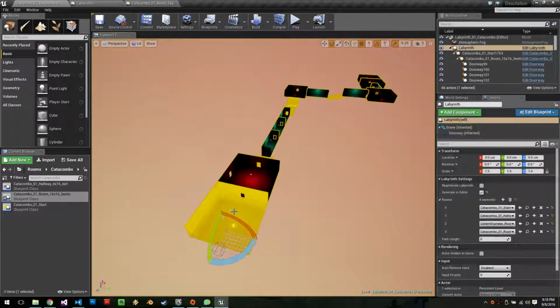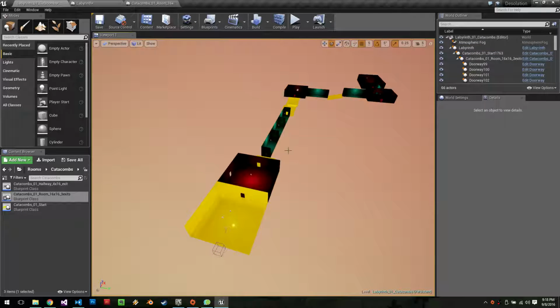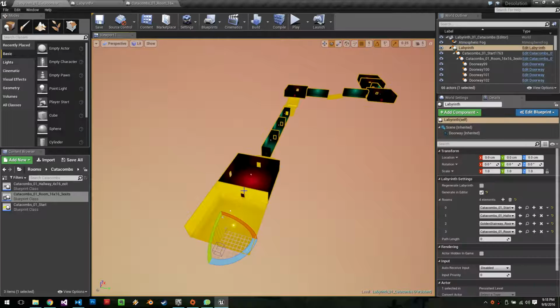So here I have a labyrinth, and I have a starting point here, and then an exit at the end, and here's a path of rooms that are connected from the start to the end. Now, all these rooms are just blueprints. Each one of them is a blueprint. In fact, they are an instance of a blueprint within this labyrinth blueprint. So everything is handled with blueprints at this point,